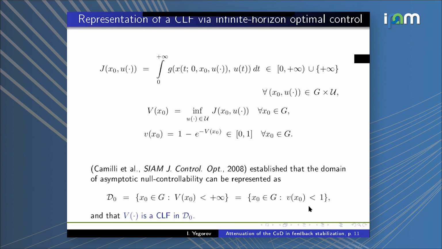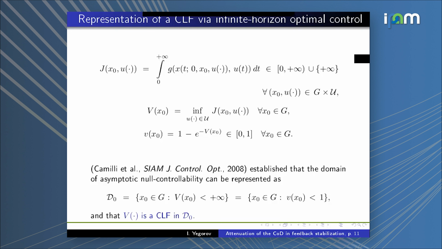So when the Kruzhkov transformed value function at x0 is 1, it's impossible to stabilize our system starting from this initial condition. And Camilli, Grüne, and Wirth could establish that under certain conditions, some of them the same as I listed on the previous slides,